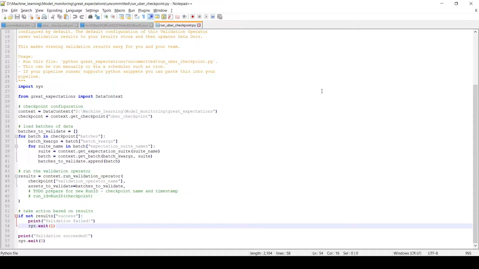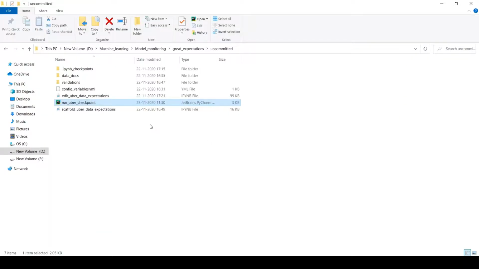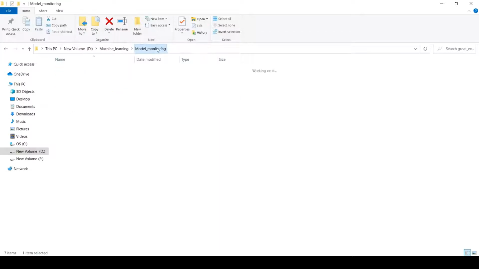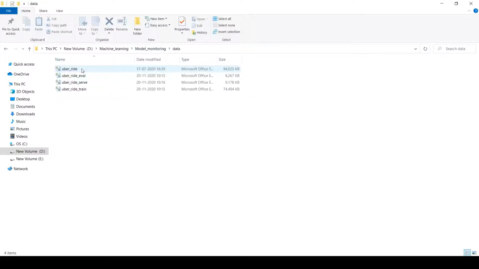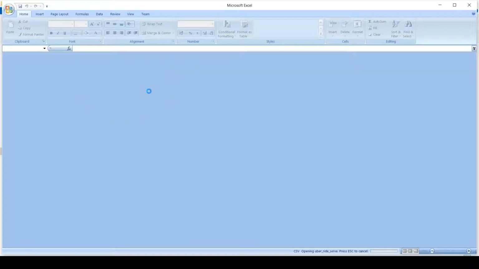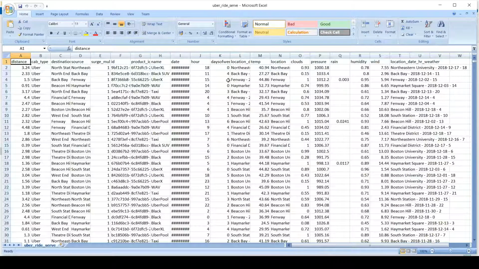Okay, and now we'll see how we can modify our data set so that we would be able to see the outcome for any failure conditions, because we have seen how we can check it for success, and now we'll forcefully modify the content of my serving data, right, which we need to use for testing purposes.